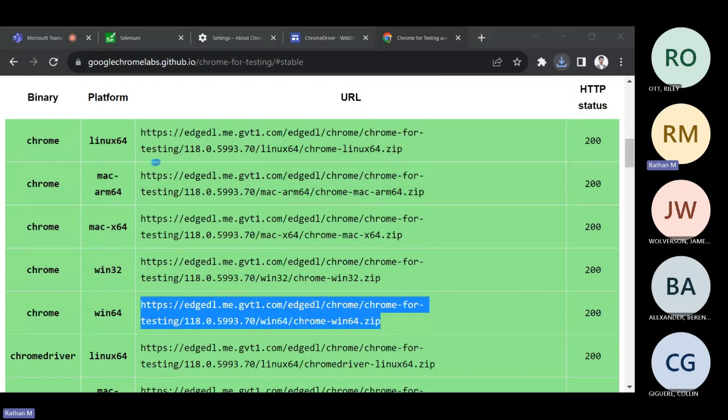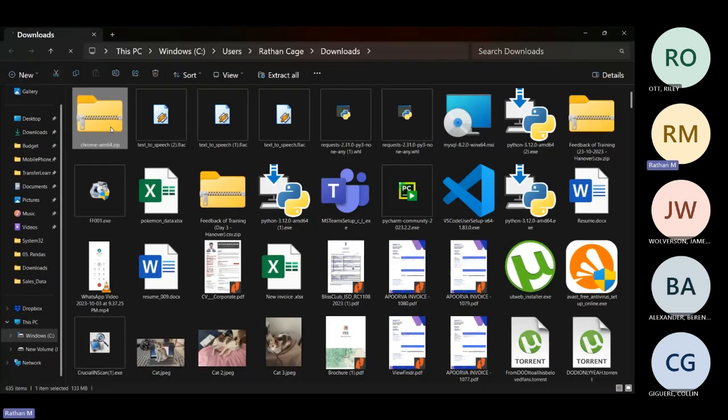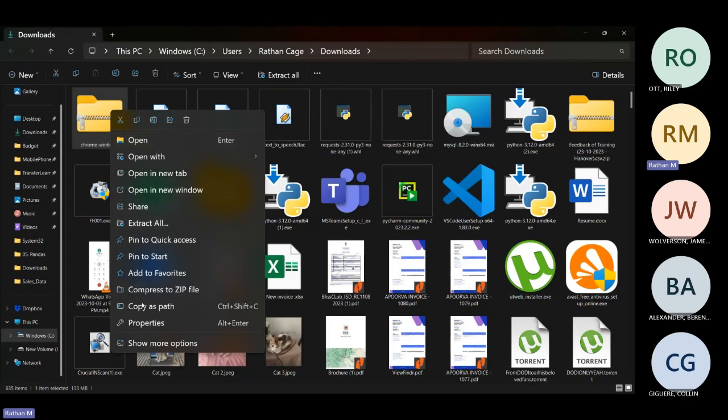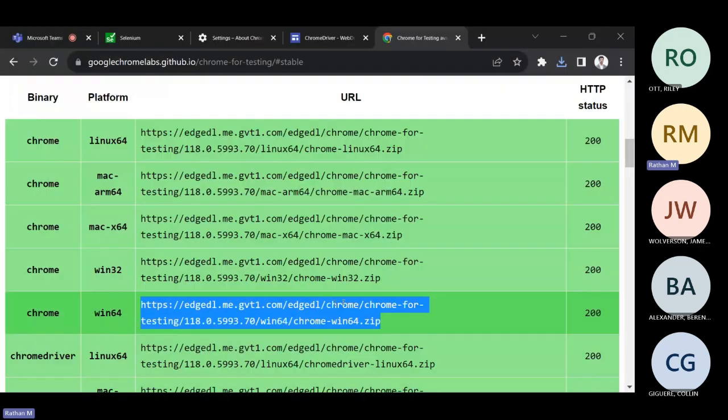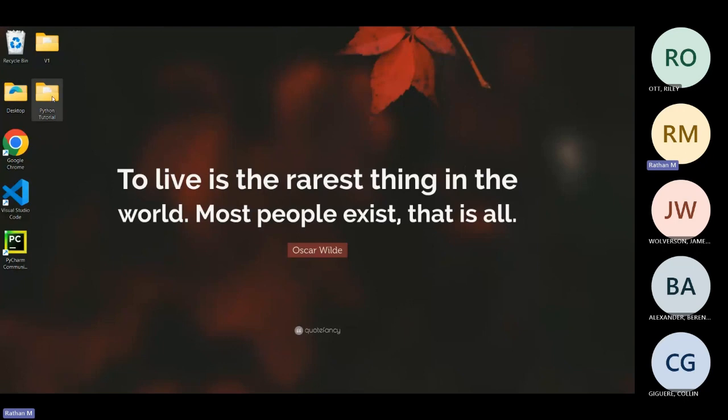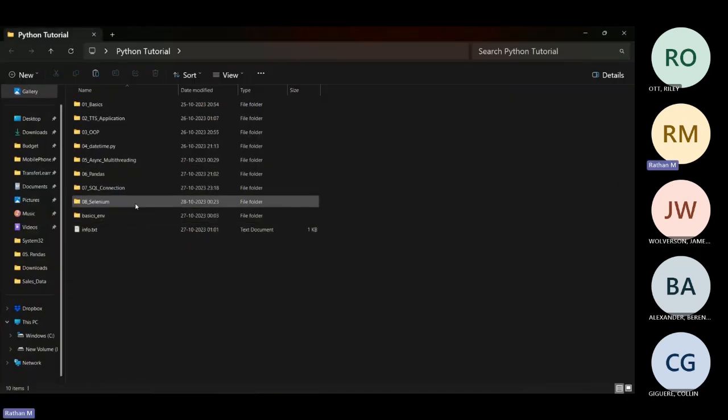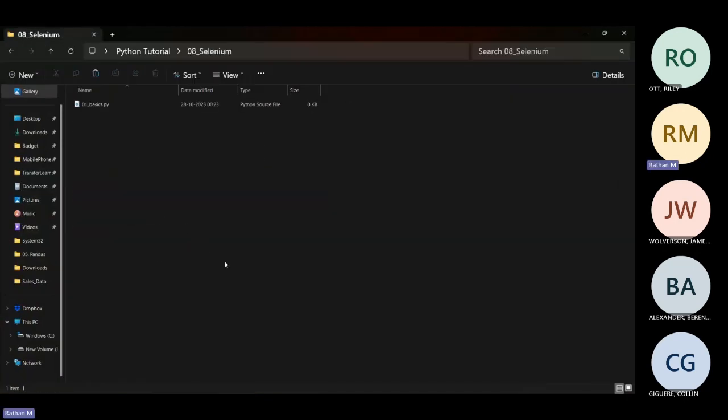I'm just going to take this zip file and keep this in the directory that we need. So our directory is Python tutorial. I'm just going to go to Selenium and create a new directory called web driver, and I'm going to place this here. So if you take a look at the zip file,